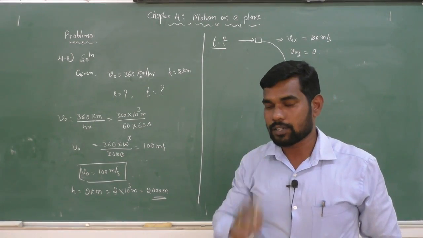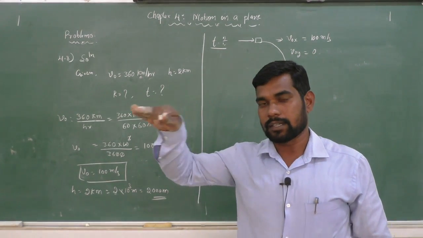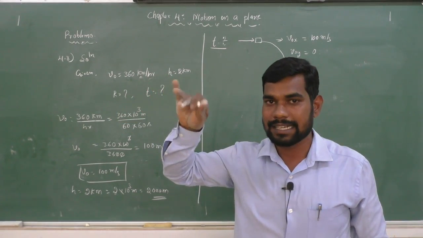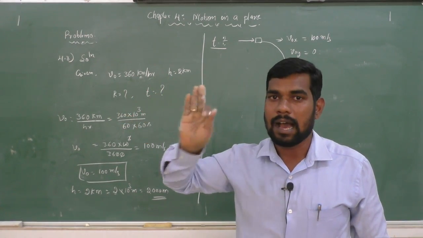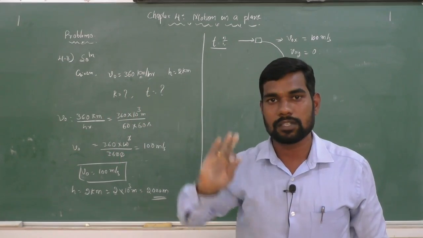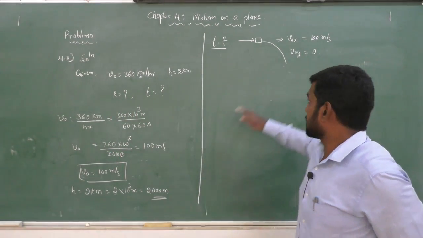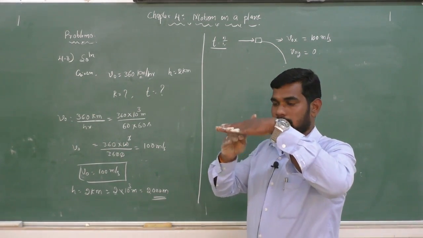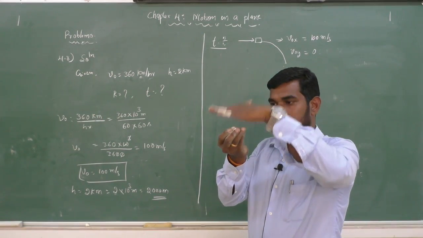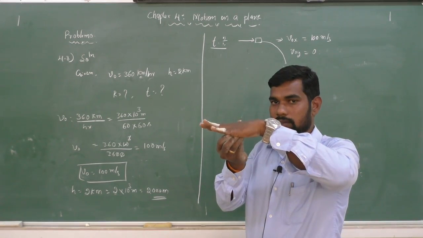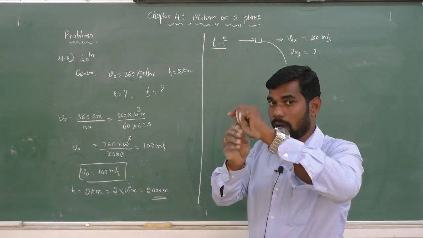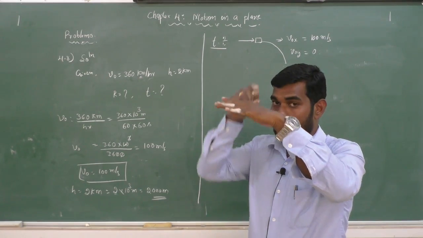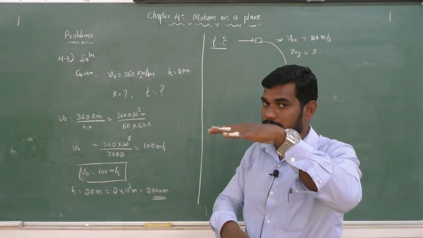You should try to understand. The aeroplane is moving in the horizontal direction. When the aeroplane is moving horizontally, the object inside the aeroplane will have a horizontal velocity, the same as that of your aeroplane. How much is it? That one is 100 meter per second. Inside the aeroplane, the food bag, at the time of dropping, what is happening? At the point of dropping, the food bag is at rest vertically. Just consider the vertical direction.